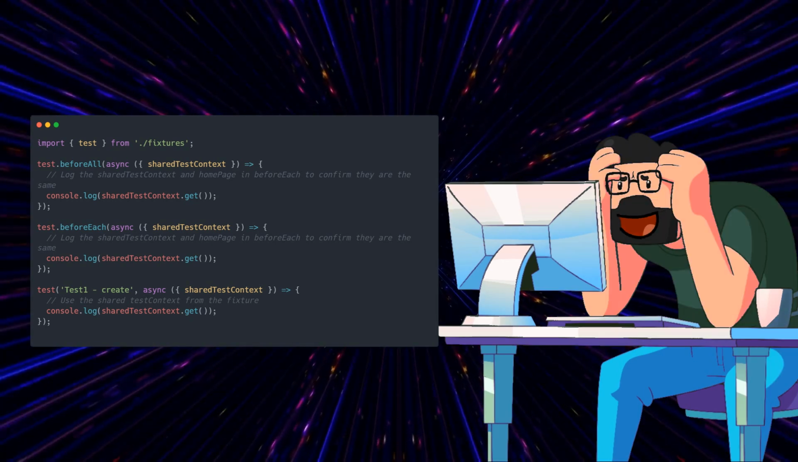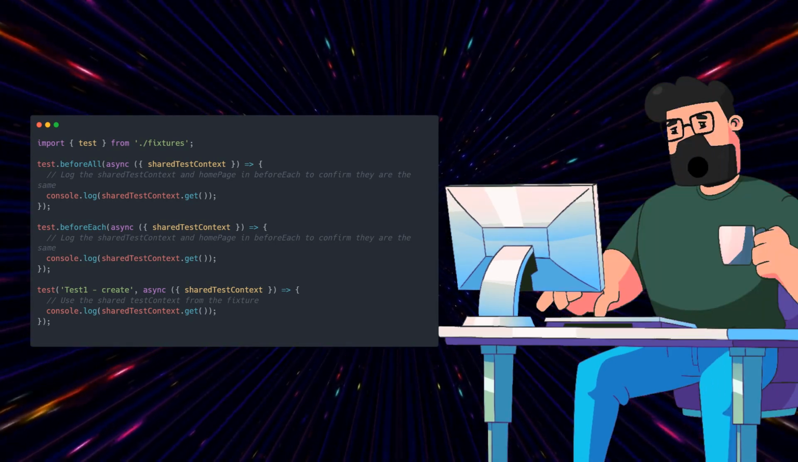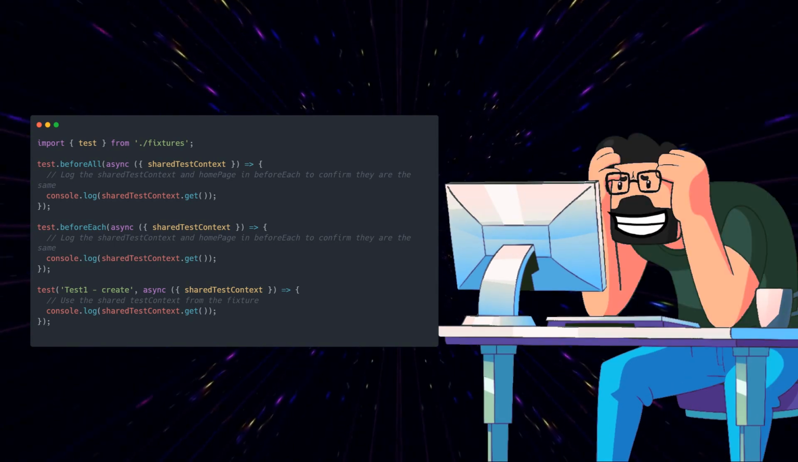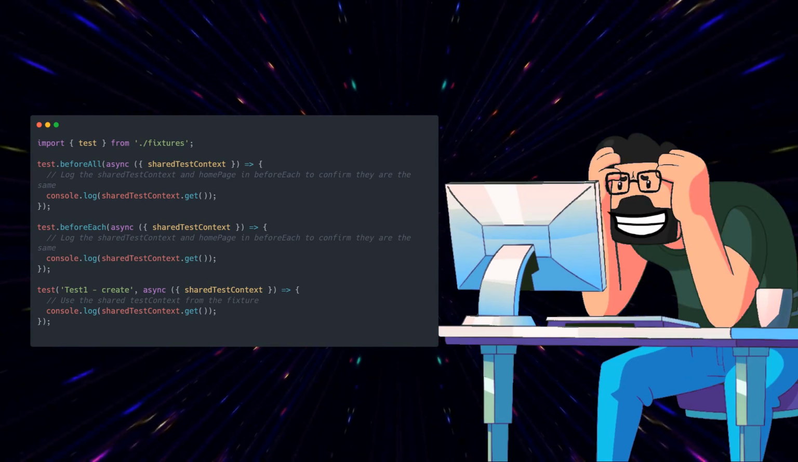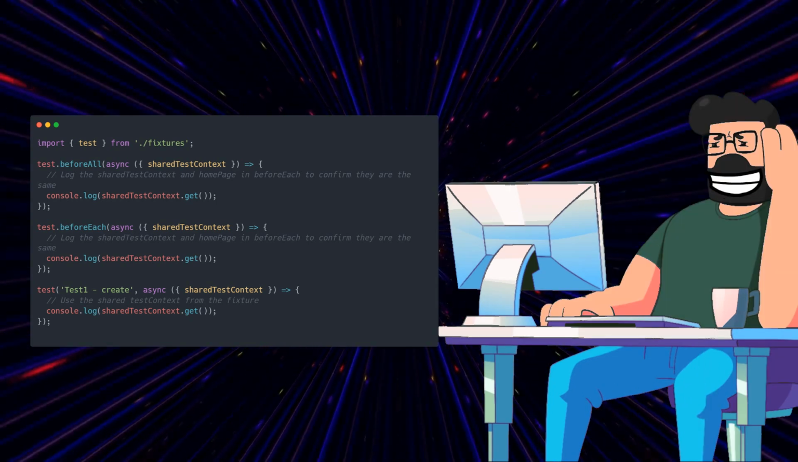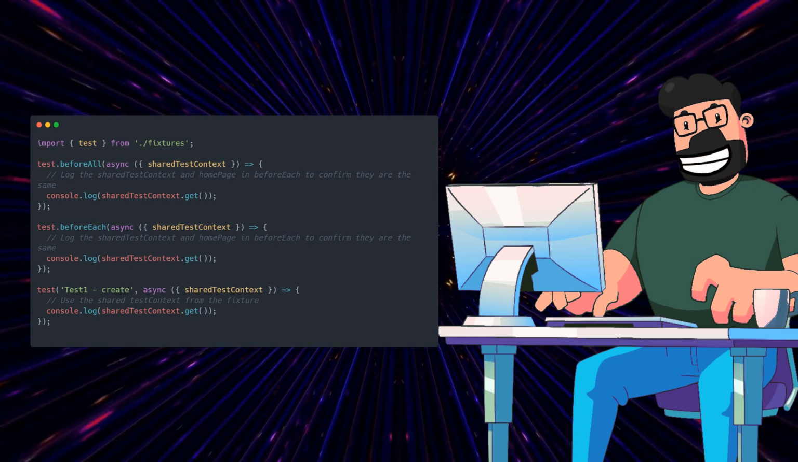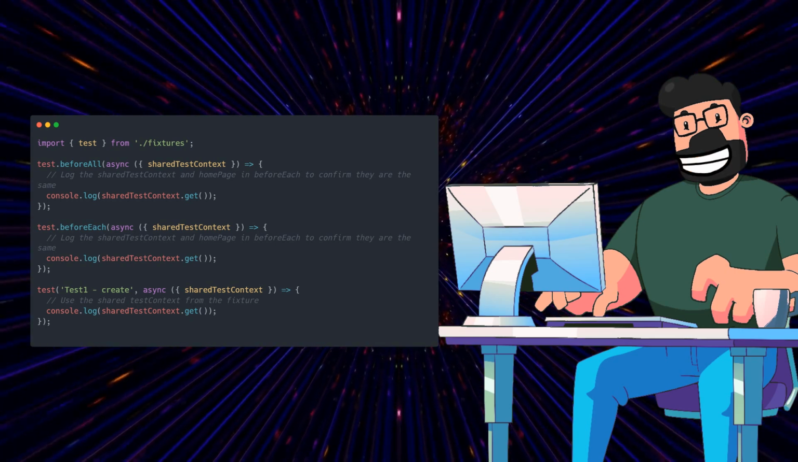Now, diving into the solution, we have this snippet of code that will be your new best friend. It defines types for the fixtures, creates an incrementer class to handle your values, and extends test with sharedTestContext set to worker scope. This snippet is your golden ticket to getting that test context in order and sailing smoothly through